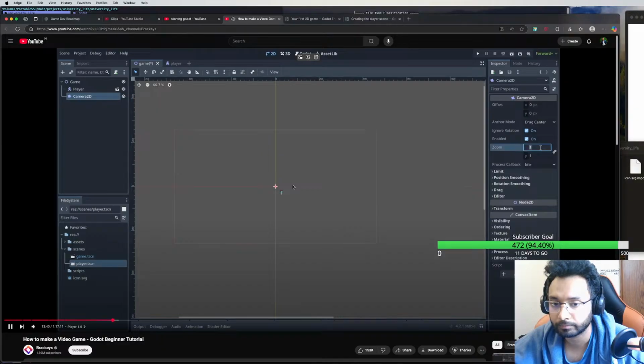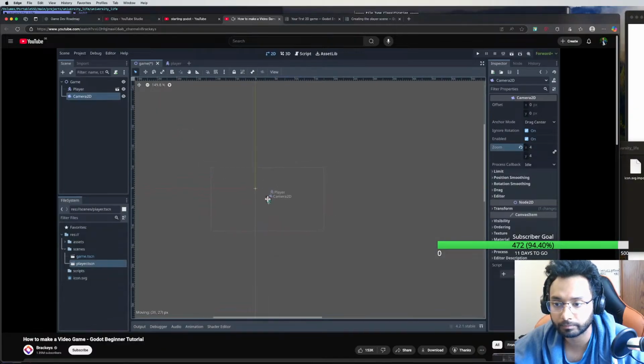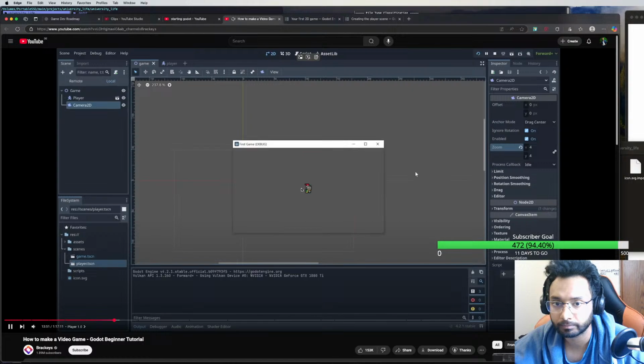This is definitely currently too large, so let's zoom in on our camera. I'm going to set the zoom here to 4x4 and simply click and drag our camera to be on top of the player. And now we can try playing our game. And there you go. We now have a player that is playing